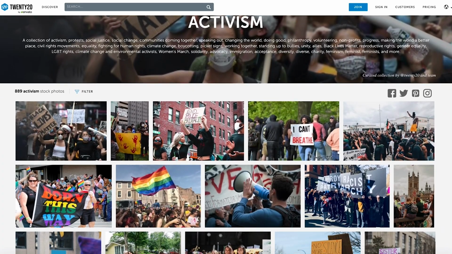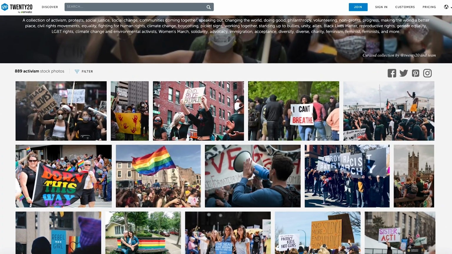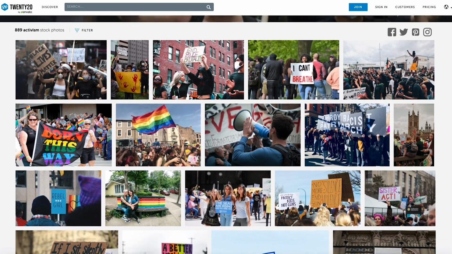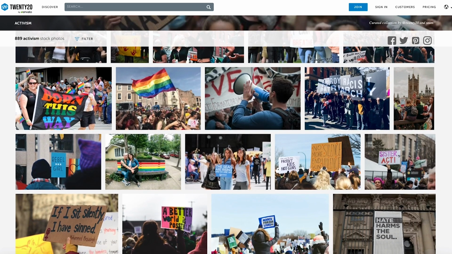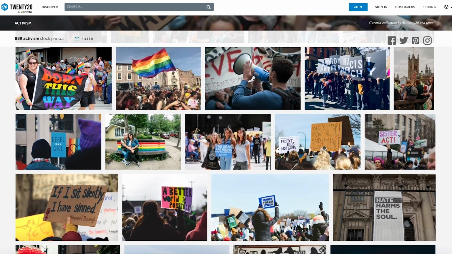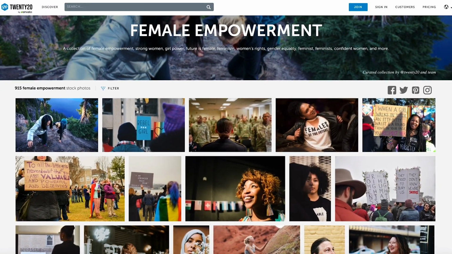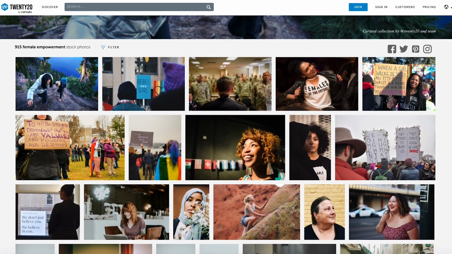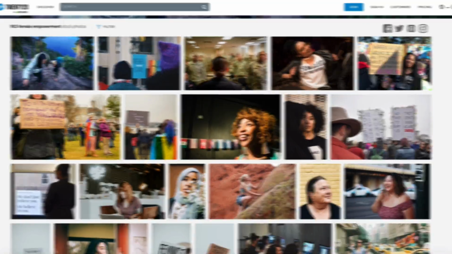2020 has a range of collections that support the social movements of today. Check out the Activism collection for images that capture people standing up for what they believe in. Visit the Female Empowerment collection for images that celebrate women of all shapes, backgrounds, and ethnicities.